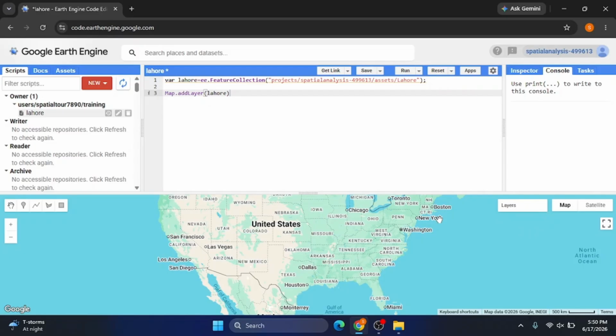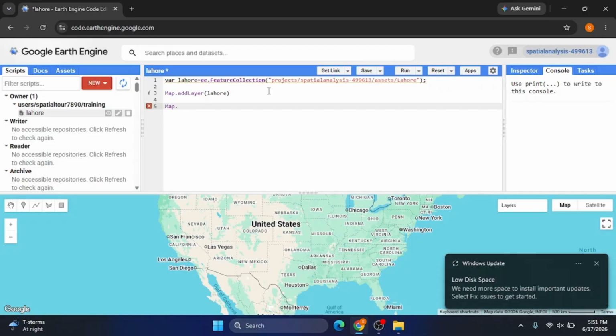Now you don't know where it has been loaded, so you need to zoom into your study area. For zooming into your study area or your area of interest, you simply need to write a line with Map.centerObject. What it will do is zoom your view to your area of interest. Okay, so you need to write